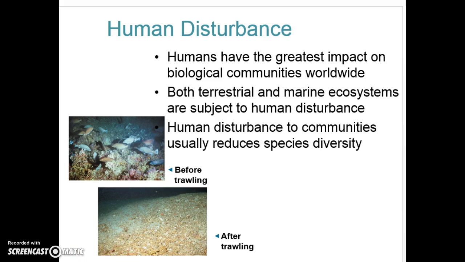So that is, in essence, the important points in Chapter 54. Make sure you look at some of the examples that are in your book and of the different topics that I've brought up in this lecture. Look at an example of secondary succession, what actually happens in a rough order in the different models of succession. And then also make sure that you know some different examples of the different types of interspecific relationships that you see in a community.